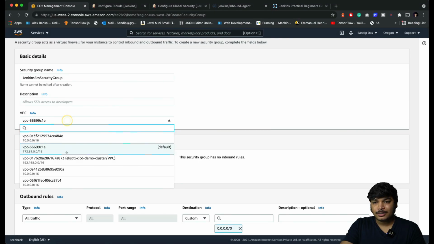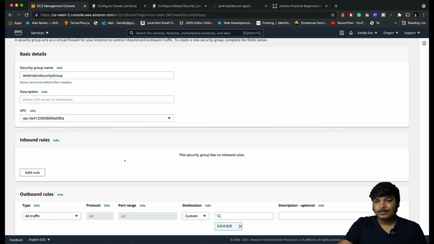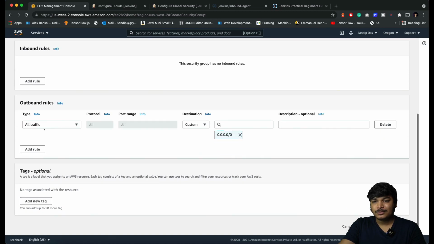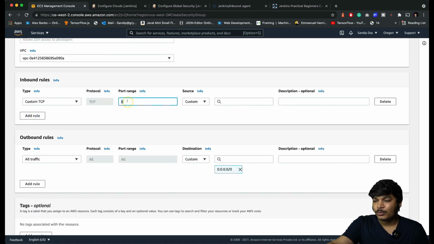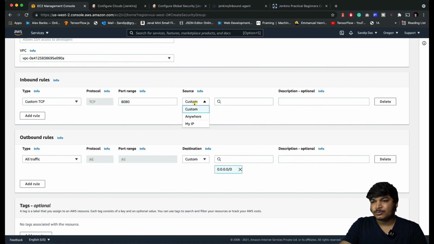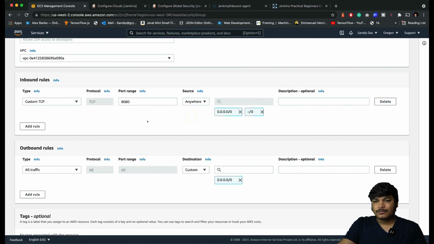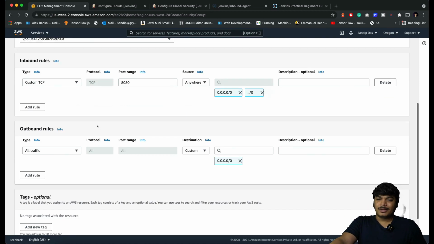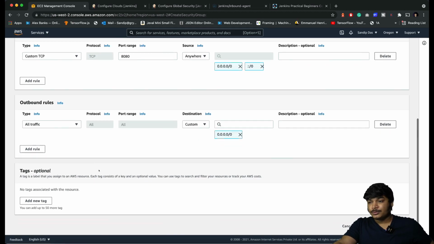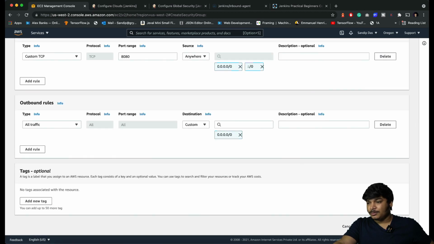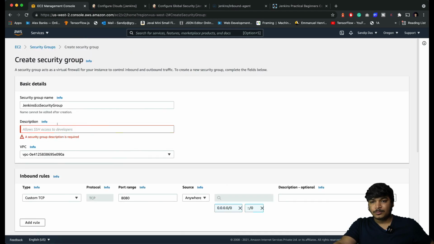So come here, it's 090A. Come down. Outbound should be all allowed. Inbound you can allow port 8080, and the custom source could be from anywhere. This is optional, but I think the outbound rules are very important. Make sure it's accessible so that it can report to the master node. Looks good to me. Let's click create security group.